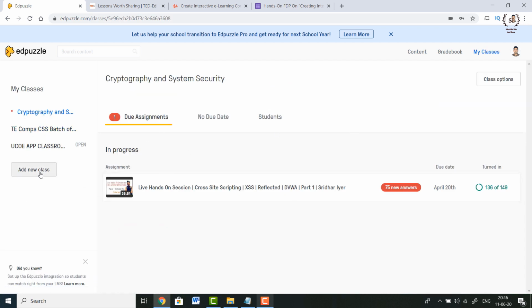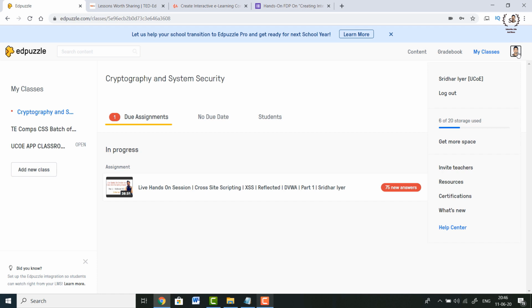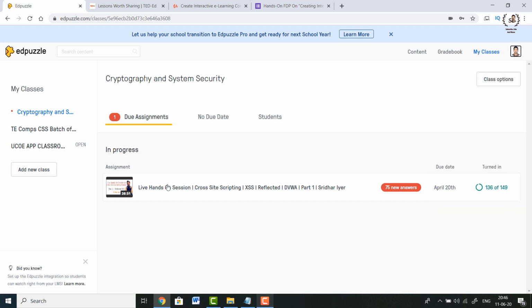Over here if I click on this add a new class, it gives me an option of Google Classroom. Why was this not prompted before? Because this is an account of mine which is already linked with Google Classroom. So once I click on add a new class, it gives me an option of Google Classroom instantly. So make sure that you're using an account which is already present on Google Classroom, or it can be the other way around. You can use the same account which you're using on Edpuzzle to create an account on Google Classroom, and then you can link both these accounts together.